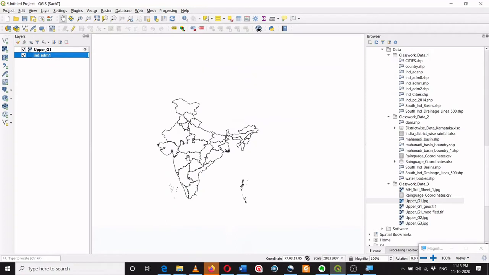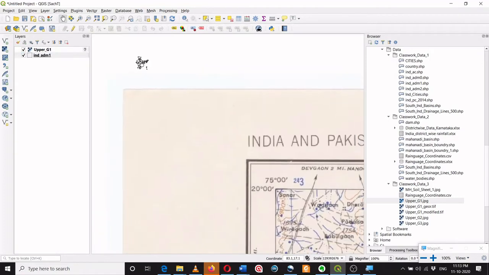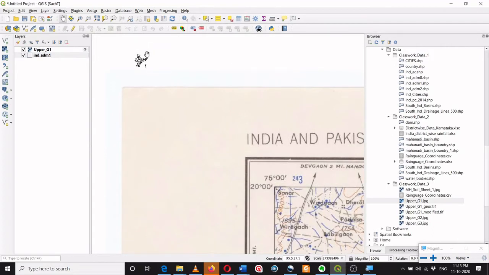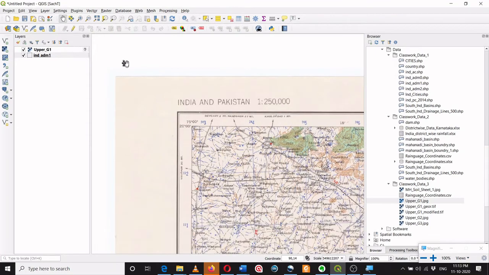As I zoom out, I can see the India is over here, and now you can see the India is still smaller and the image is loaded over here.